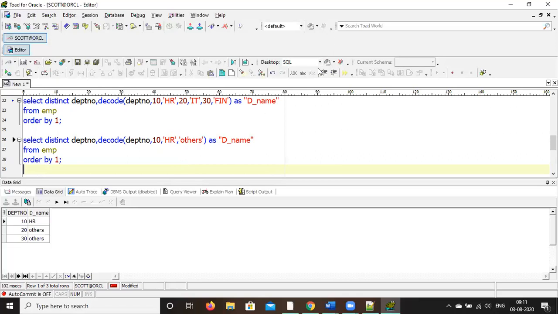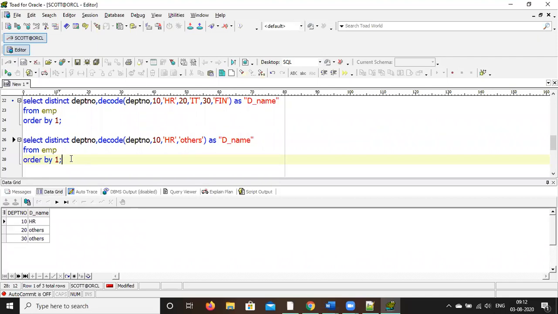So here this is straightforward. But suppose here it will always use equal to. Department number equal to 10, then do this. Department number 20, do this. Department 30, do this. Else do this. But suppose I want to use smaller than, greater than, or other comparison operators. At that time you cannot use DECODE, or the logical operators AND, OR, or any comparison operator apart from equal to. So that's the demerit here.